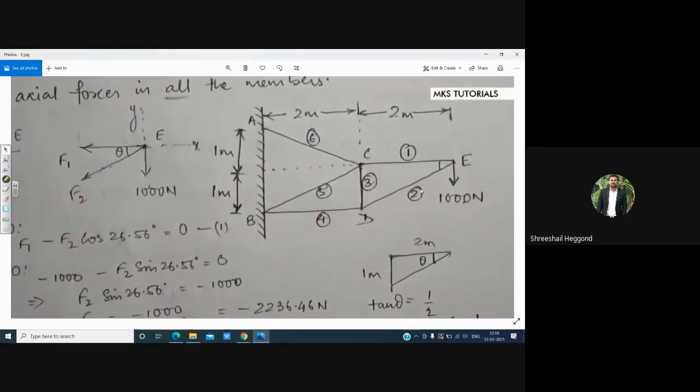For member 1 and member 2 we have calculated. If I consider joint C, there are 2 members joining, so it is difficult to calculate because only one value is known and the remaining 3 will be unknown. We have 2 equations, therefore it will be difficult. So I can calculate for D. Why? Because there are 3 members joining, but the axial force is already calculated for one member. The remaining members 3 and 4 are unknown. Therefore, 2 unknowns will be there at joint D, so I can consider joint D and calculate the member forces.